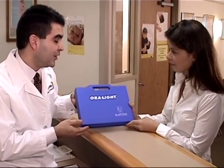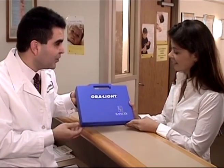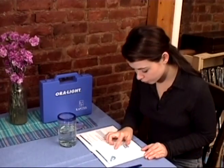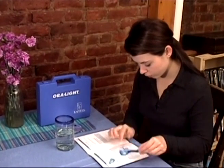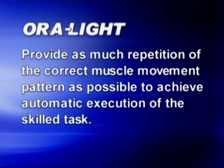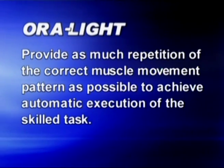The Ora-Light Oral Motor Exercise System can be utilized in both a clinical therapy session and in a patient's home. Exercise therapy in a patient's home can cut costs and save time for both the patient and the therapist. The additional repetitions of correct muscle movement patterns will expedite improvements in the patient's speech and swallowing. The goal is to provide as much repetition of the correct muscle movement pattern as possible to achieve automatic execution